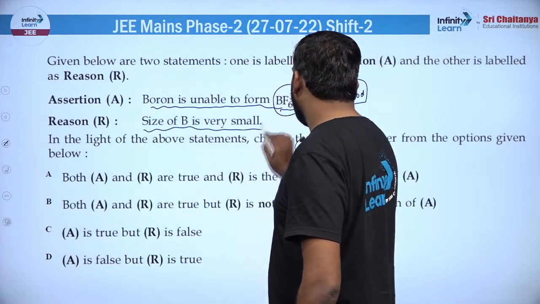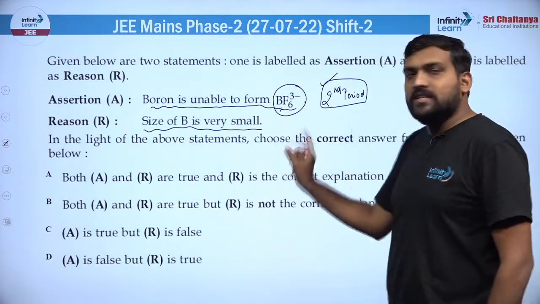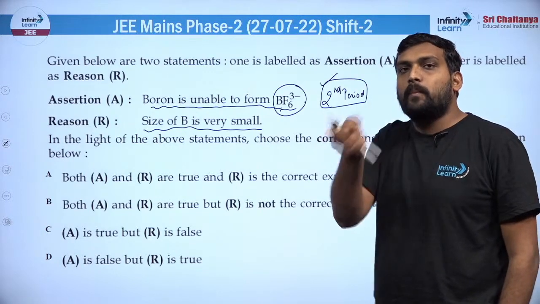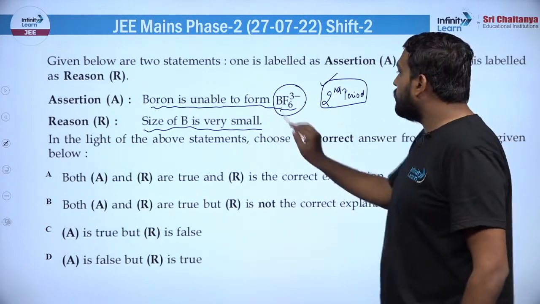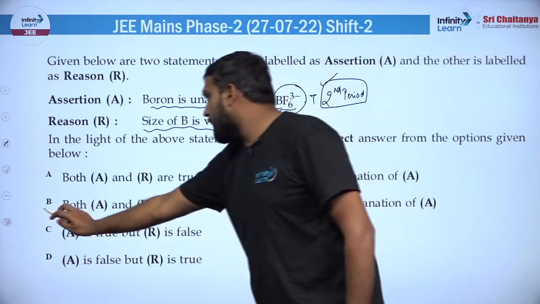रीजन क्या दिया गया है, साइज ऑफ बी इज वेरी स्मॉल। ये सही है स्टेटमेंट कि साइज बी का बहुत छोटा है, बट क्या इसकी वजह से बॉन्ड नहीं बन रहा है? नहीं, बॉन्ड इसलिए नहीं बन रहा है क्योंकि ये अपनी ऑक्टेट को एक्सपेंड नहीं कर सकता। तो ये दोनों स्टेटमेंट ट्रू हैं, बट करेक्ट एक्सप्लेनेशन नहीं है, इसलिए आंसर हो जाएगा बी।